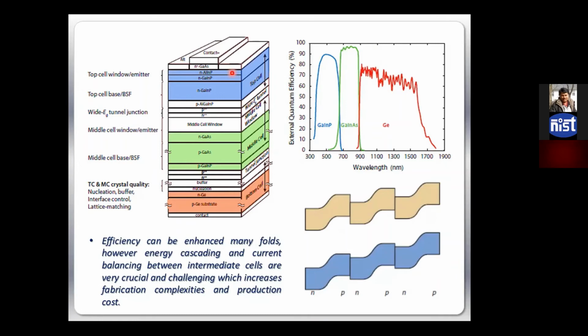So what are the challenges of these devices? If we can do it, why can't we do it for every other material, and why can't we go for 50%, 60% devices? The challenge is that when we talk about a p-n junction, the charge separation only takes place when you have a step up and step down kind of band structure, right? You need something like this, like stairs. Now, choosing materials which have complementary absorption as well as such a band structure, conduction band, valence band that can create such a structure, that is very difficult.